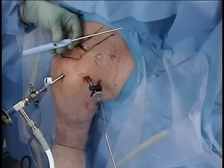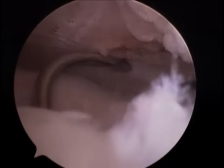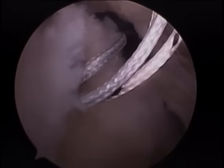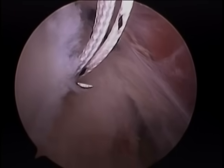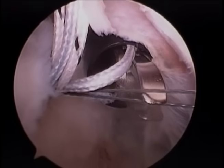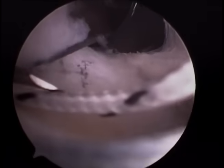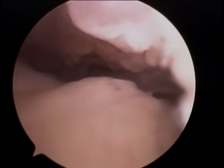This is our suture lasso, a metal device for shuttling suture through the tendon. We place it in the subacromial space and pierce the rotator cuff tendon medial to the tear, assuring a good healthy bite of tendon. We come out through the tear with the lasso, which is cannulated and produces a wire loop, which we take out our accessory anterior portal. The suture awaits, we place this in the loop, and we shuttle this back through the rotator cuff tendon, as